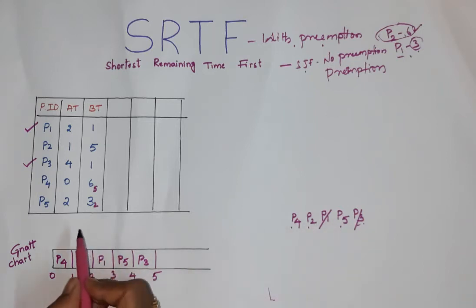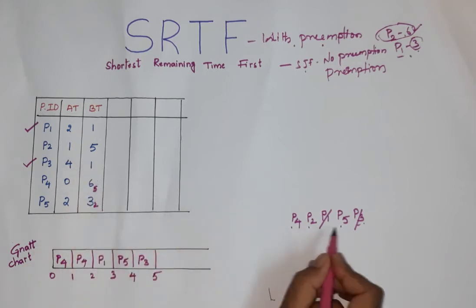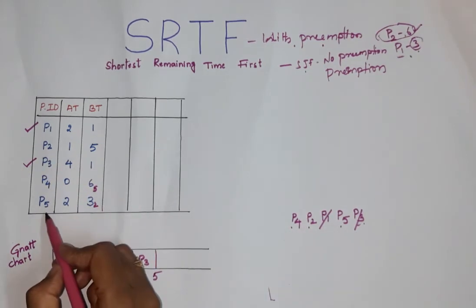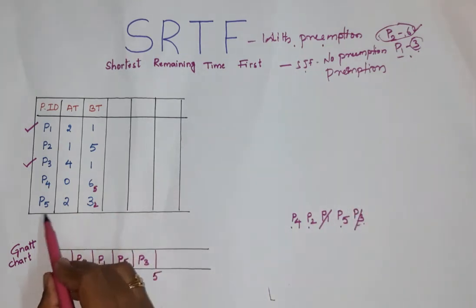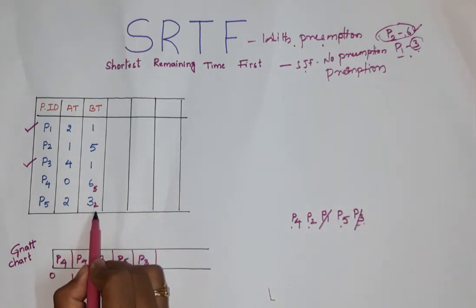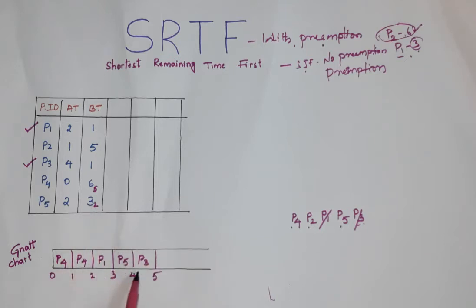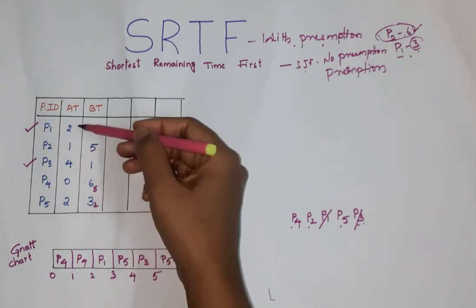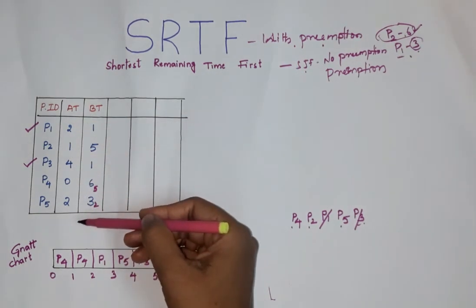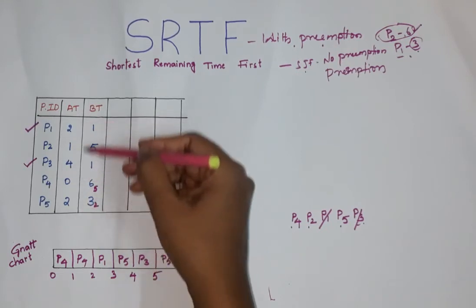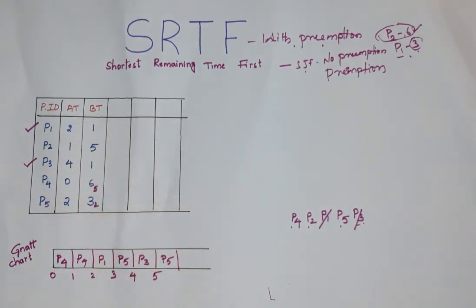Now what is the shortest burst time among P4, P2 and P5? P5 has the shortest, that is 2. It was already given one chance, so it executed 1 unit of time and only 2 units remain. Will any other process come in future at any unit of time? No, only these processes are there. In future no other process will come, so we will execute this completely.